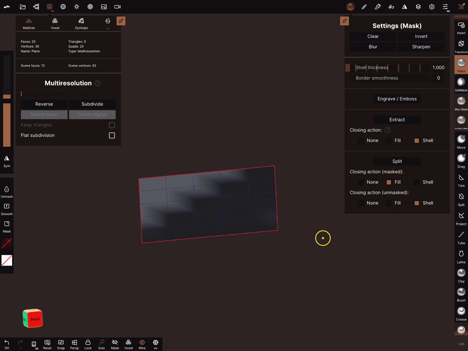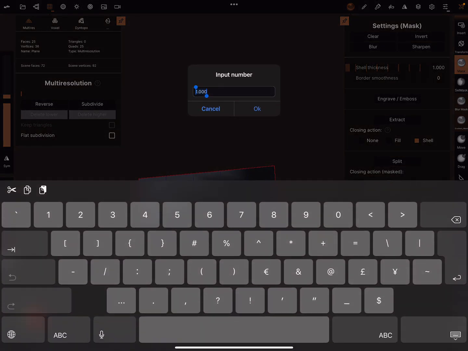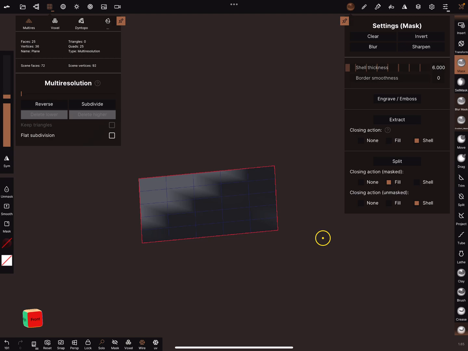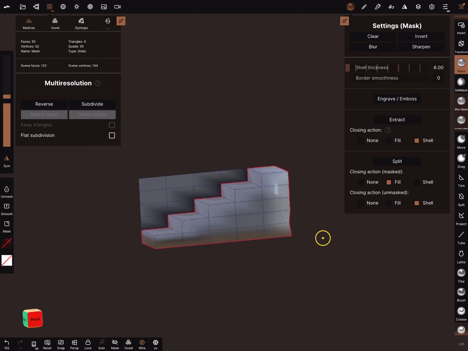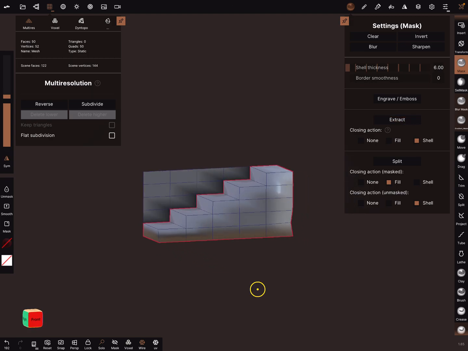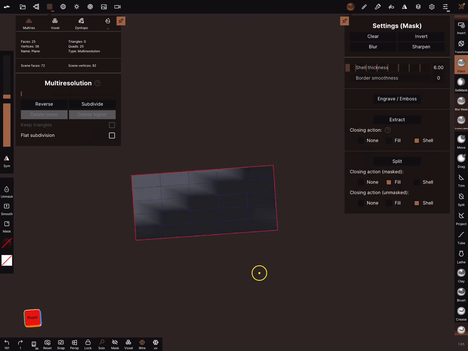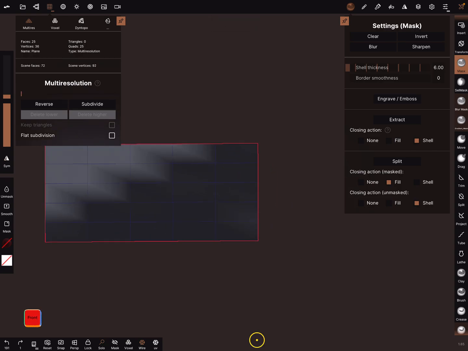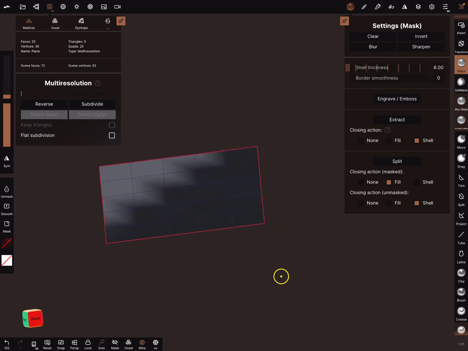And in the settings of the mask, you can extract it. You can extract it now also with a thickness 5 or 6. Let's test it. Extract. There's a mask problem here. Mask it.